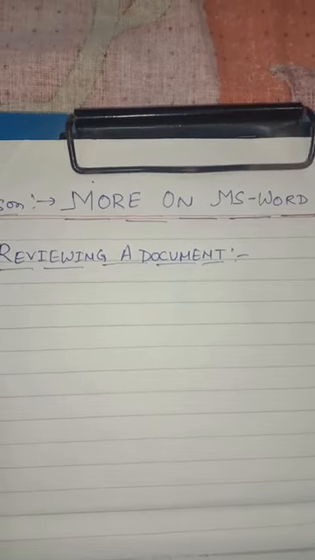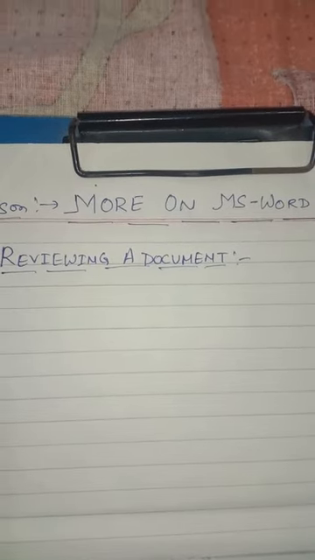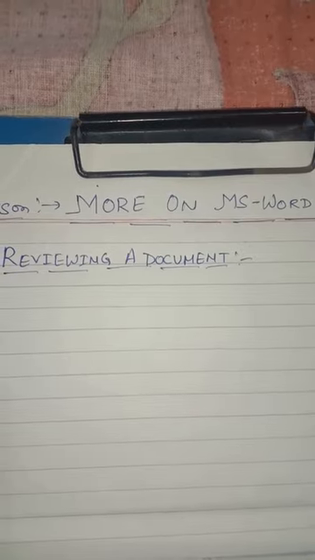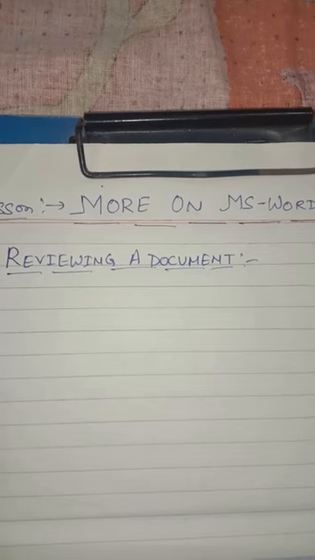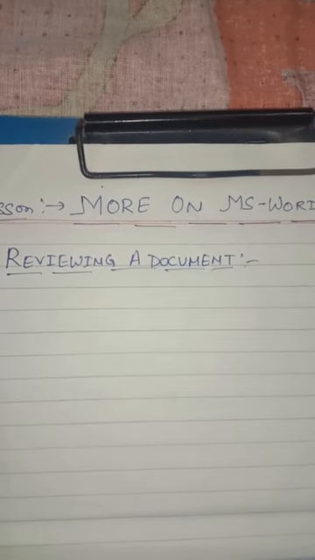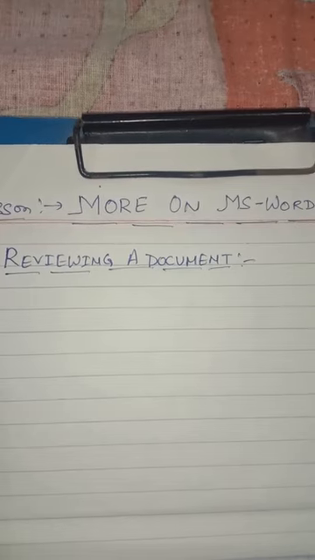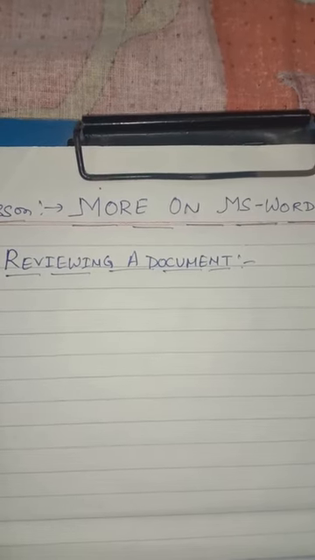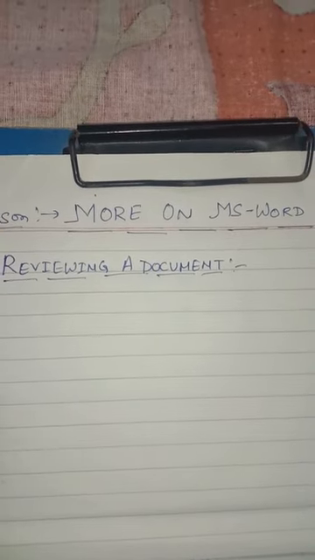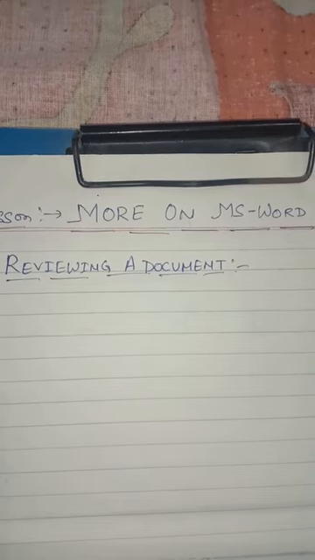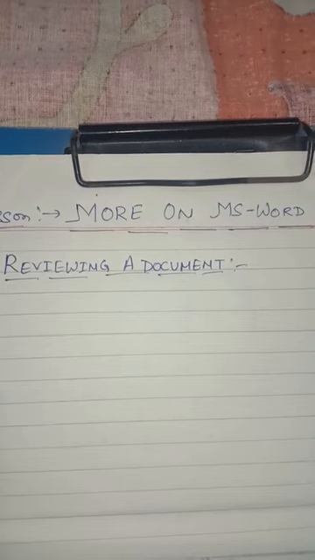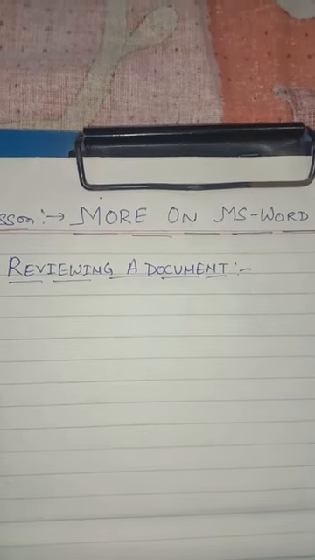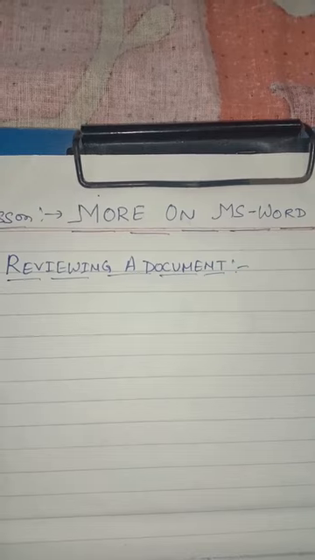For example, many of the times we are asked to proofread a report. Suppose a report has been prepared by an organization and we are the employee of that organization. So we are asked to proofread a report. If we had a hard copy of the report, we might use red pens to cross the wrong sentence, wrong spellings, or grammatical mistakes, etc. Such type of proofreading can be done in MS Word also. Here we have the facility of track changes and comments, with the help of which we can do the proofreading.